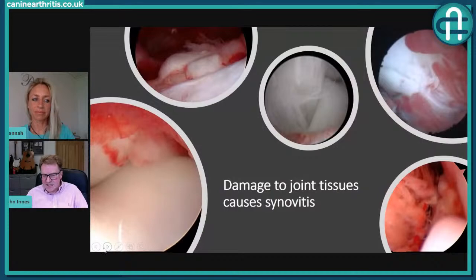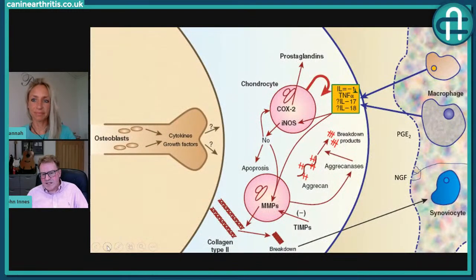And this next slide, sorry, Hannah, we'll carry on. This really is a very simplified diagram or cartoon of what's going on. The molecular alterations in osteoarthritis are incredibly complex, and tens of thousands of people around the world continue to research those. But in the middle of that cartoon is the cartilage, and there are lots of biological changes in the cartilage when there's an injury to the joint, and there's a change in the enzymes in the cartilage, get breakdown of the tissue, and it starts to fall apart. So mechanically, it's not as good.